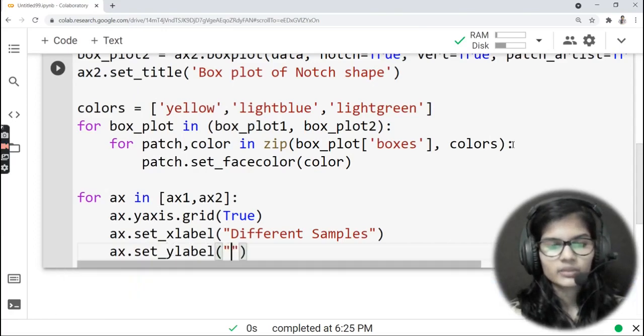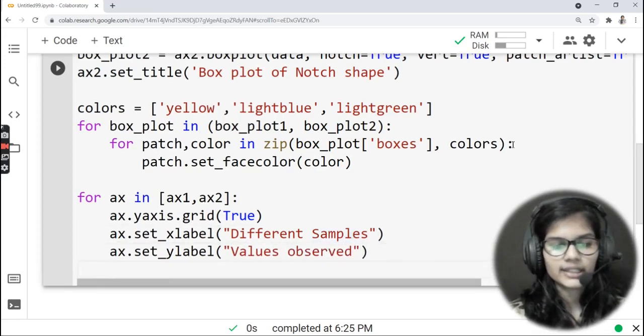Into the bracket I can just give here something like, let's say, values observed. Right, and I could just come down here and I could simply write here plt.show